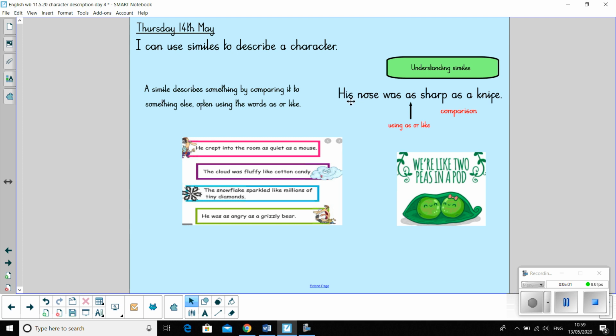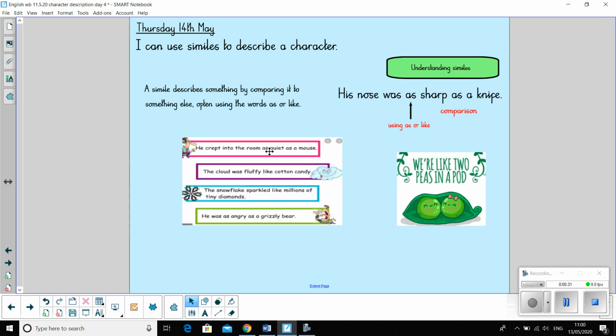So his nose wasn't actually sharp like a knife, but the shape possibly, the pointiness of it, which means that he can compare it to it being as sharp as a knife. So the word as or like, this sentence has used the word as to make the comparison. Here,